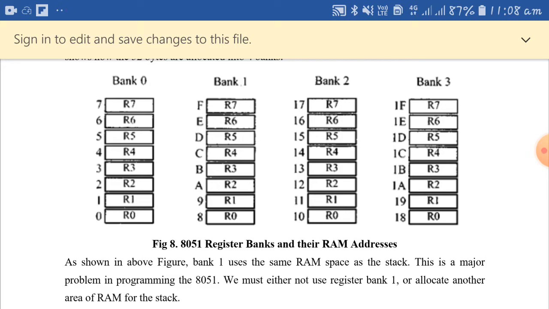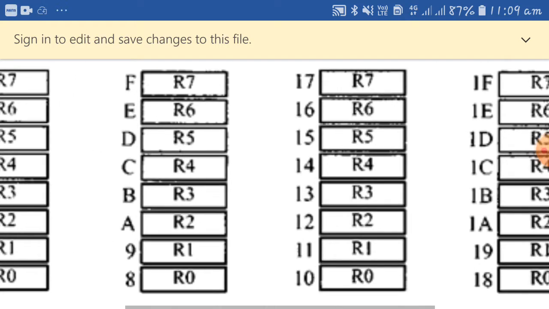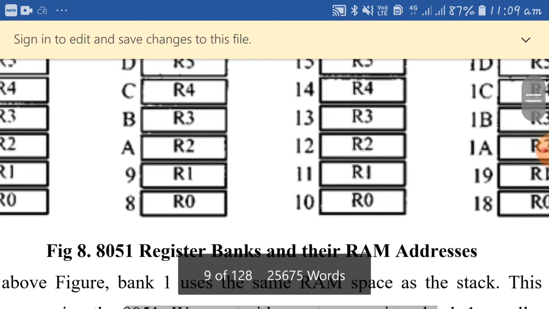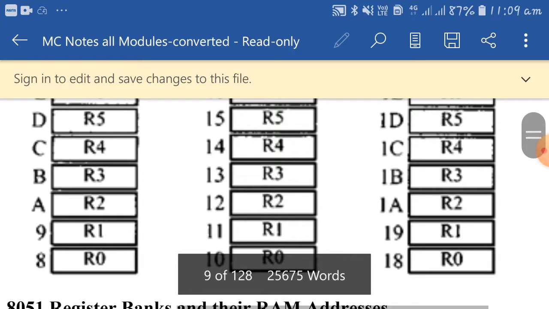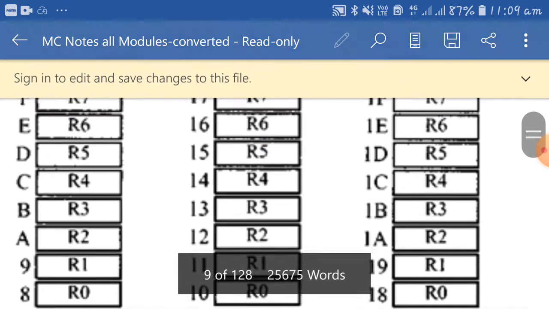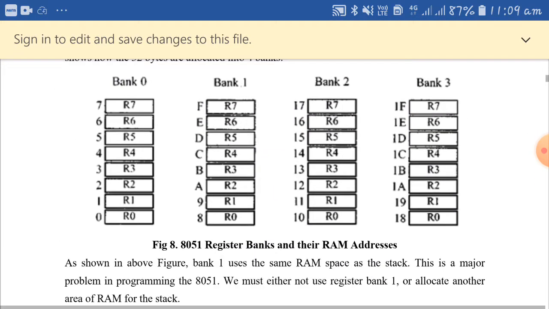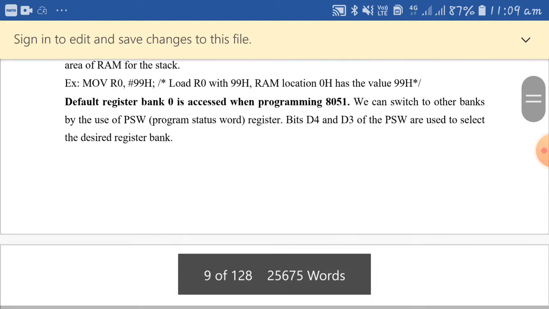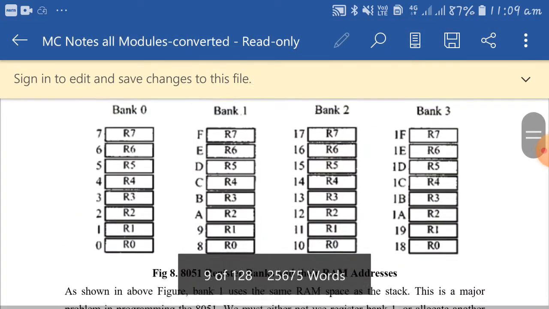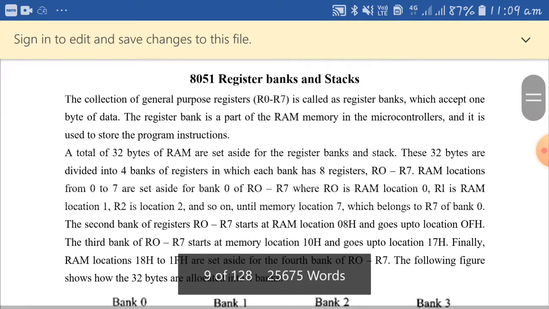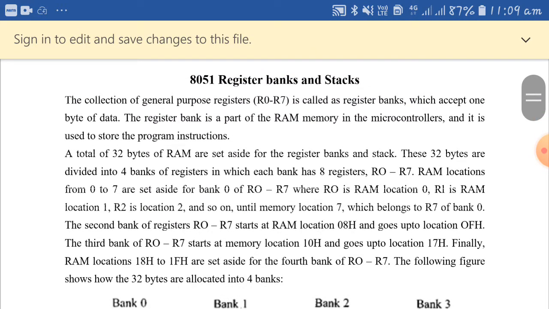The address is 00 to 07H for bank 0, 08H to 0FH for R0 to R7 of register bank 1, for bank 2 the address is 10H to 17H, and finally for bank 3, R0 to R7, the addresses are 18H to 1FH. This is the first section of the internal RAM organization, the second part is the bit addressable area, and finally the general purpose section of your internal RAM. Here I explained the 8051 register banks.